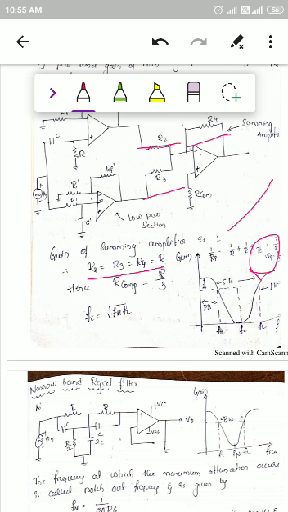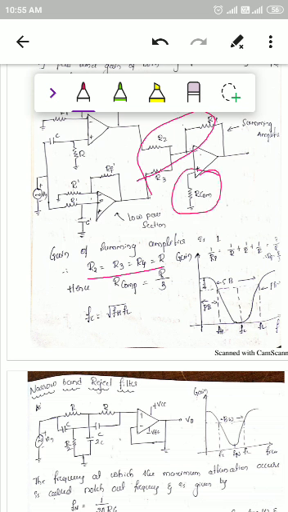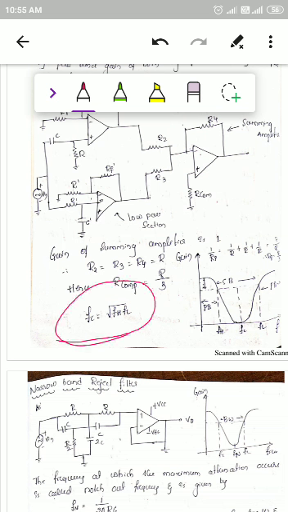If the gain is unity, the resistance at the inverting point and the non-inverting point should be equal. That is why the compensating resistance R comp is also equal to R divided by 3. Both inverting and non-inverting resistances are equal. Here you can also calculate the center frequency Fc, which is equal to the square root of FL into FH. This is the frequency response characteristic of a wide band reject type of filter.